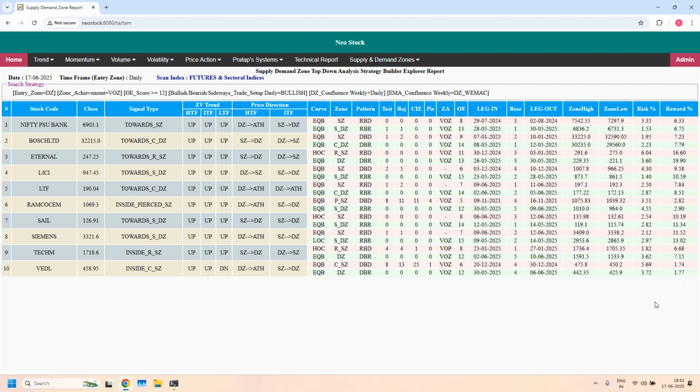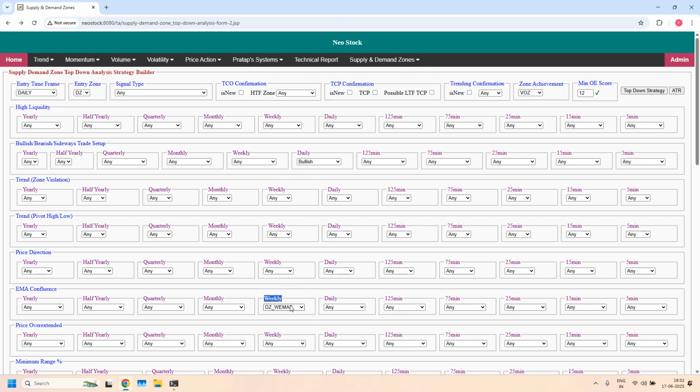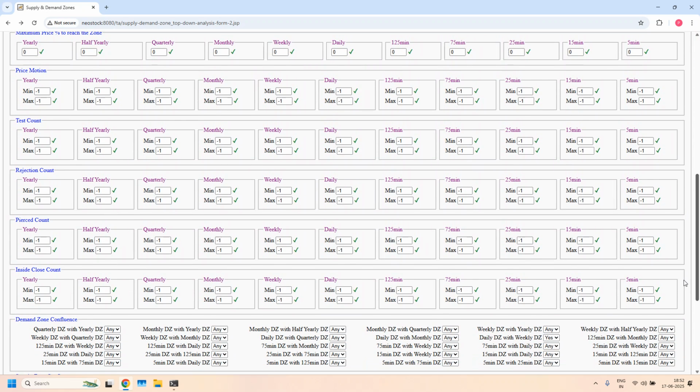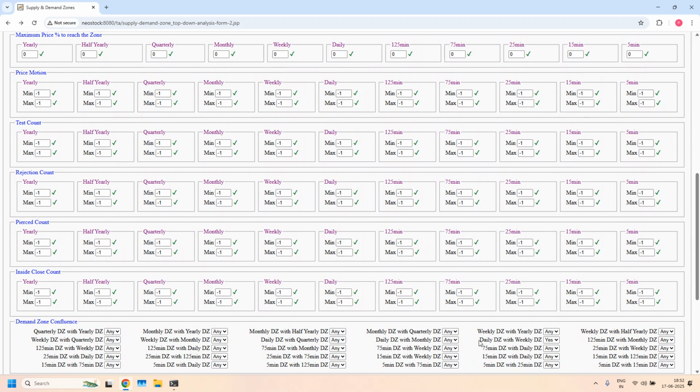Okay. And the next filter is LTF, ITF and even HTF demand zone confluence we need to filter. That is daily, weekly and monthly demand zone confluence supported stocks. So I am going back, removing this EMA filter. In the demand zone confluence, 3 filters we have to set. First filter is already enabled, daily and weekly. Next, daily and monthly demand zone confluence, weekly and monthly demand zone confluence. With all the 3 filters,